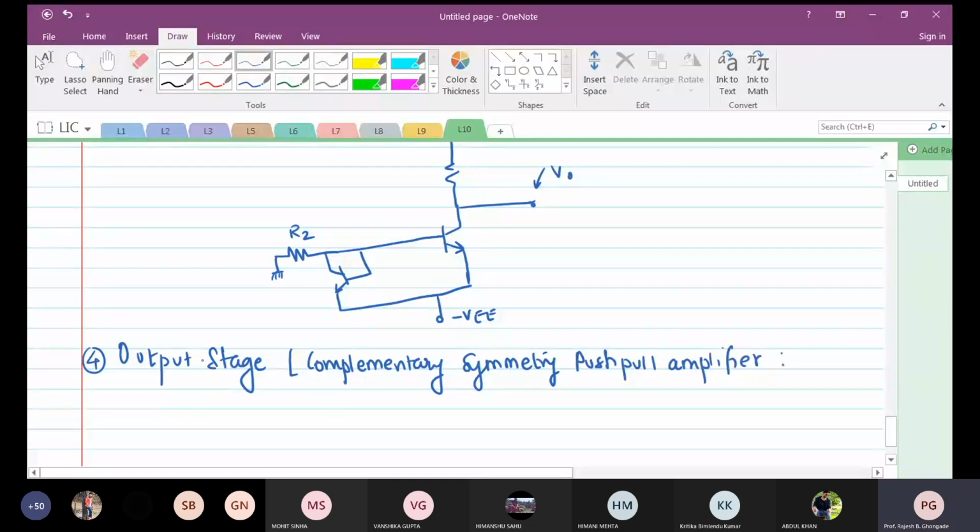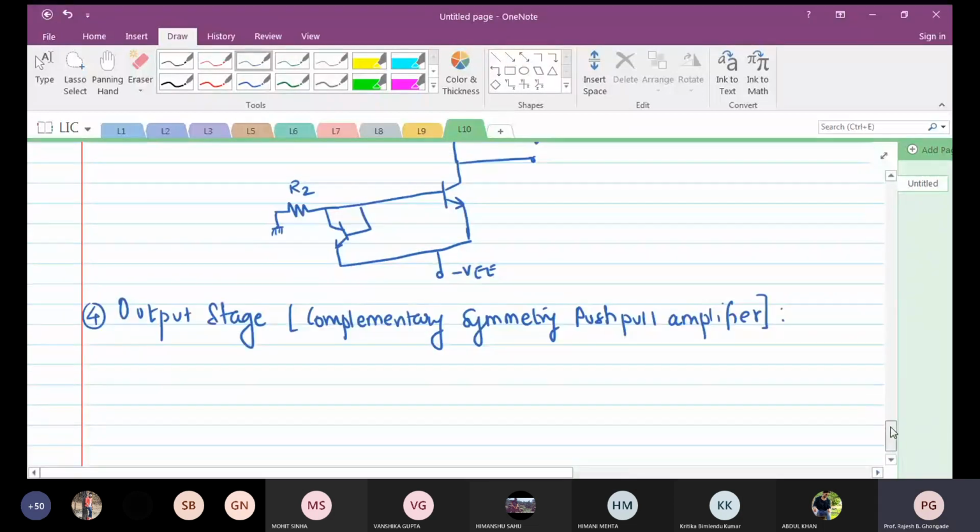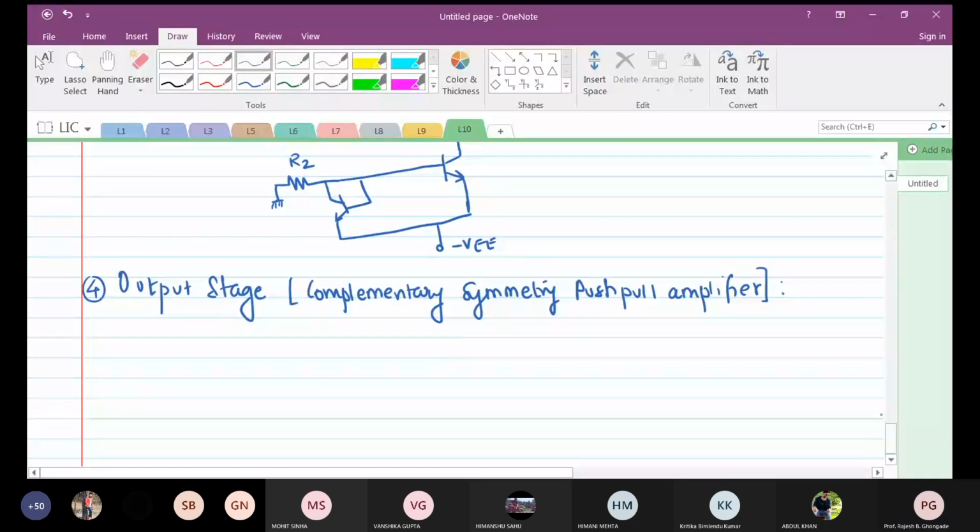Have you done this in AEC? Power amplifier? Complementary symmetry push-pull amplifier. Have you done this? Yes, sir, or no? Guys,